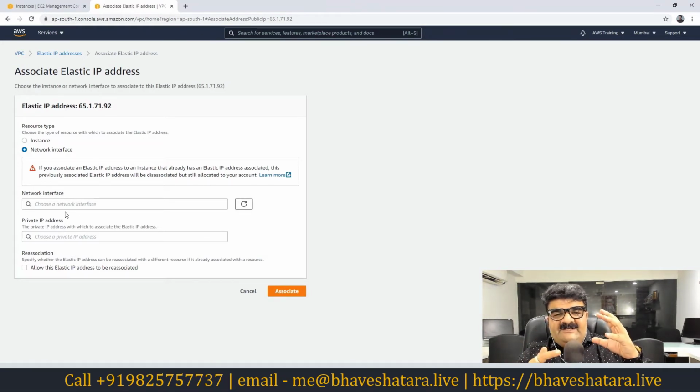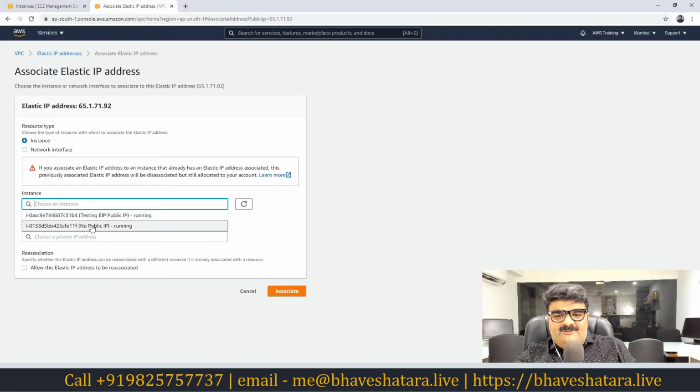The interface is connected to the active server, so the server gets this elastic IP. Once this server goes down, you just need to detach the network interface and attach it to the passive server, and it will get this elastic IP. So this is really very useful if you have an active-passive server setup. You can also attach it to the instance as well. Here I have two instances, and you can attach it to any of your instances.